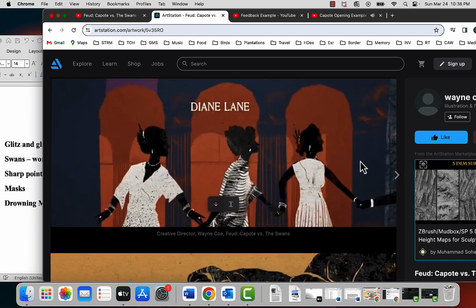One of the things that you see in the series that's also in the book, Capote had this famous black and white ball. And the colors of that time period, in terms of fashion and design, were more muted. So you didn't see a lot of bright, fancy, heavy colors. It was more of a muted pastel, kind of subdued. And so you see that in the colors used here. You see this kind of gold and subdued.